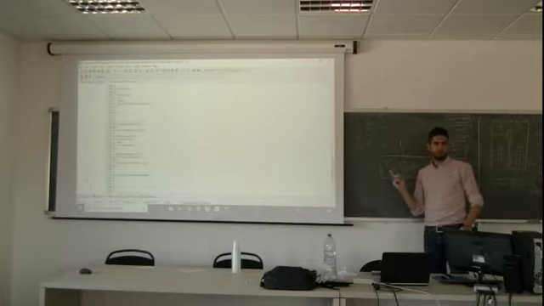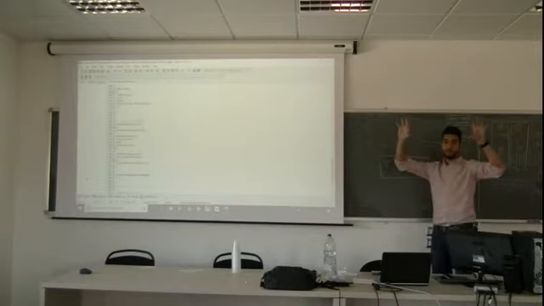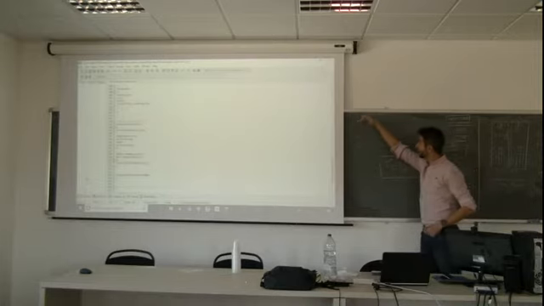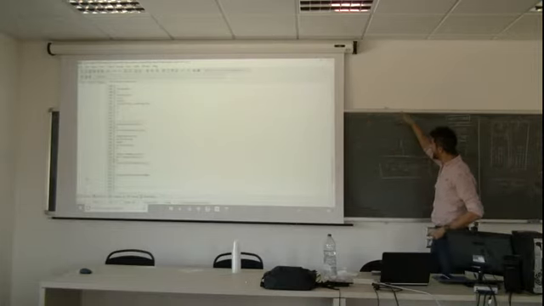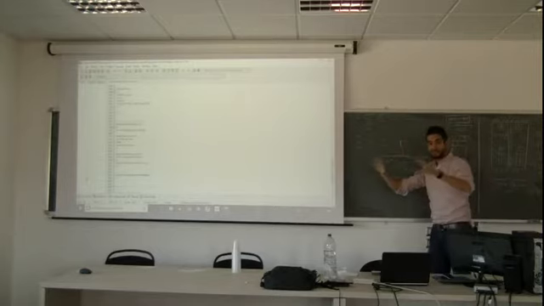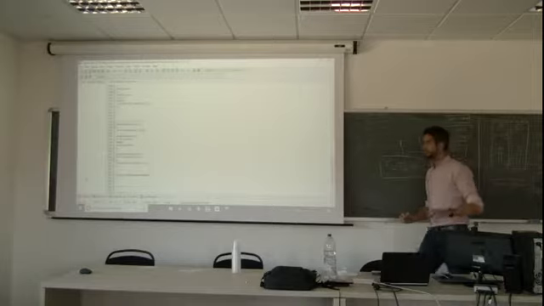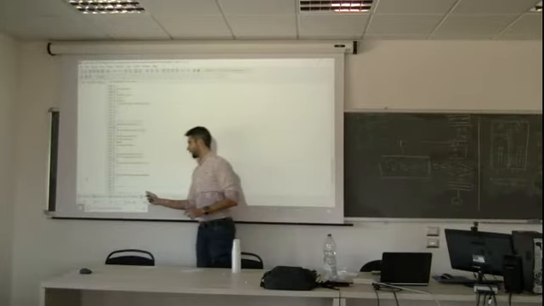I need to compute the maximum deviation between them. Maximum deviation is 25 degrees, right? This is the maximum deviation. So I need to compare two arrays. So compare at position 0, compare at position 1, 2, 3, 4, 5, 6, up to 20, and the biggest deviation, that's the value I want to keep. Because I need to ensure that this value is lower than 10 to the minus 6. That's why I'm doing this.